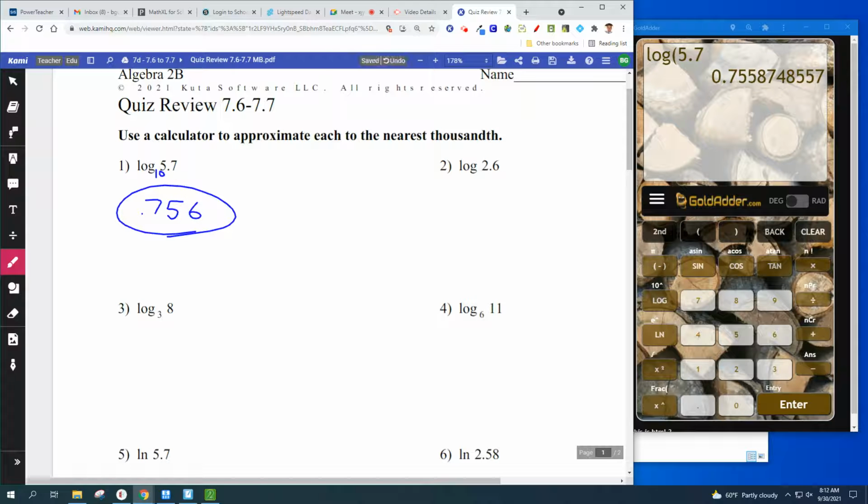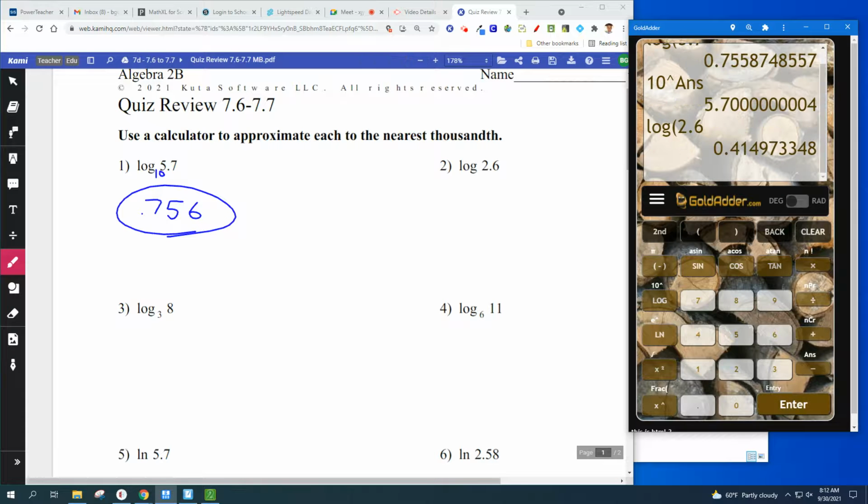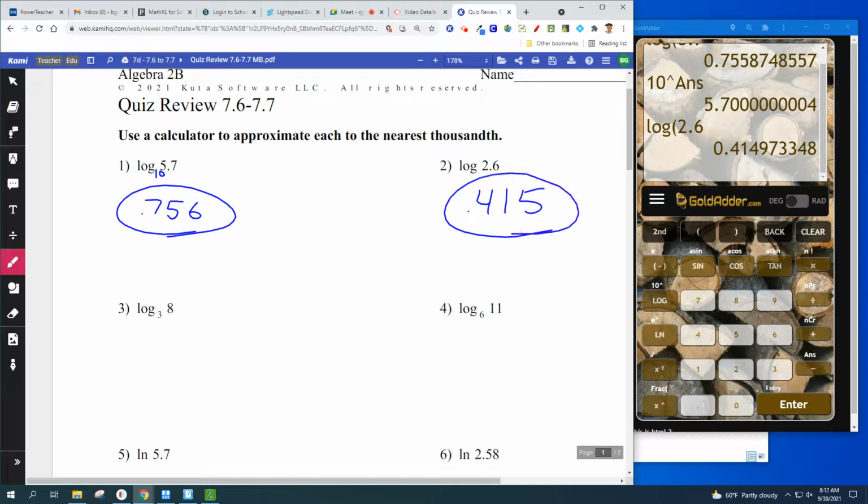Simple enough. Understand what we did. 10 to that power is 5.7. So what we've just done is we found the exponent that makes 5.7. So number two, easy, that's a log 2.6.415. That's very simple. Just make sure you have a calculator. But when we get to number three,